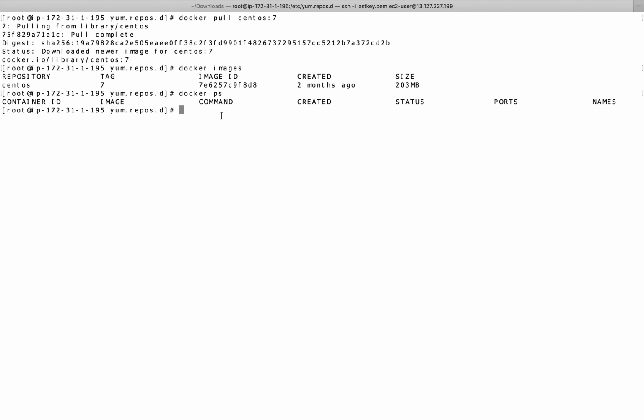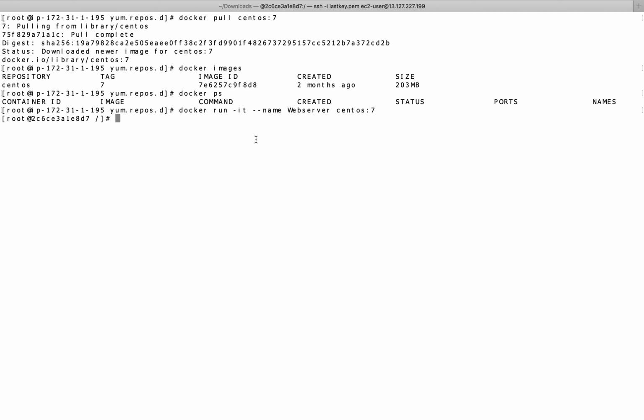So we need to run it. docker run -it, this will give us an interactive terminal, --name webserver centos:7.